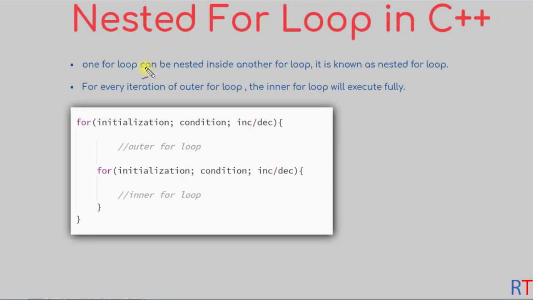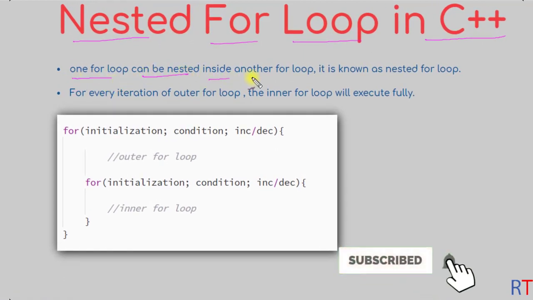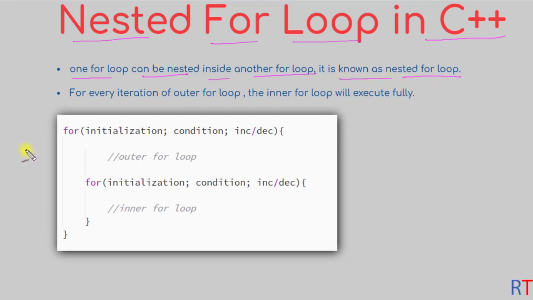Hey, what's up guys? In this video we're going to talk about nested for loop in C++ programming. In C++, one for loop can be nested inside another for loop and it is known as nested for loop. And the syntax is, first you have one outer for loop which has its own initialization, condition and increment and